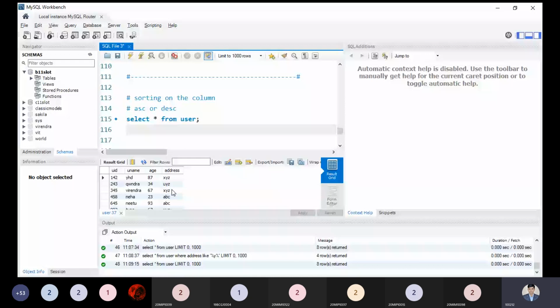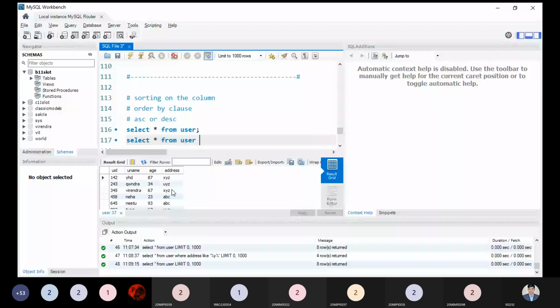For sorting a column, what do we have to use? We have to use clauses like select, from, where. We have another clause that is known as the ORDER BY clause. So we can use the ORDER BY clause. Let us understand how we can use it. SELECT star FROM user table ORDER BY age. So the smallest age will come first and then other information will come at the bottom side. So sorting will be in ascending order. So if you're not using this keyword, by default it is ascending.